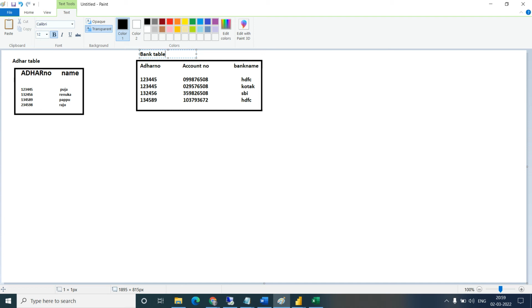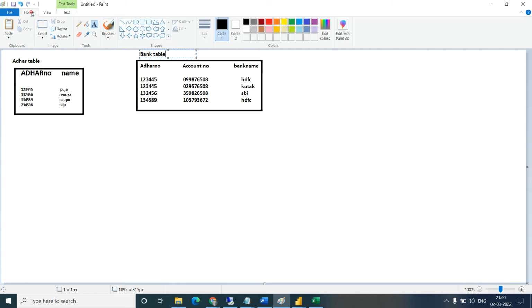So how will they find out? They will go to the Aadhaar number, and this Aadhaar number will match with this bank table. How will they create a relationship between these tables? Based on the Aadhaar number, right? Aadhaar number is a common column between the two tables. They will check this Aadhaar number first. This Aadhaar number is there, yes. So which account is available? HDFC, and this person also has a second account in Kotak. So the government will know how much fund you have. This is the way they actually work behind the scenes.